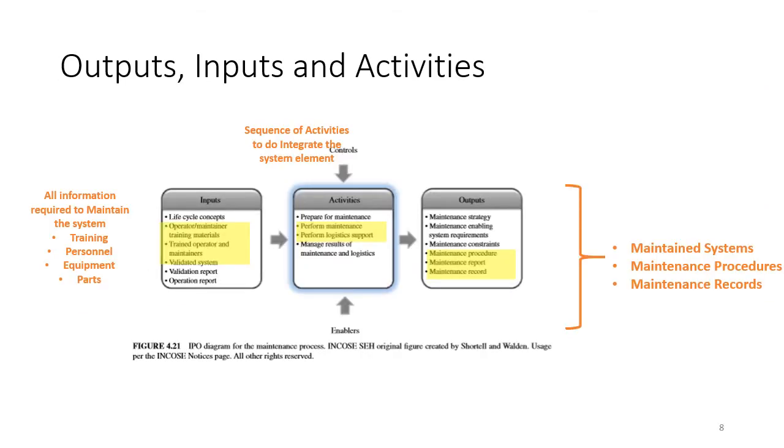So as inputs to the process, you would imagine that you would need the system itself that's to be maintained, and then supported by training material, personnel, equipment, parts, and so on. To perform the activities, you have to follow the manuals that are provided to perform the maintenance. And then lastly, what comes out the back end is the maintained system itself, the maintenance procedures, and the maintenance